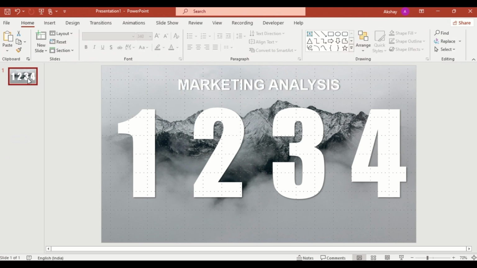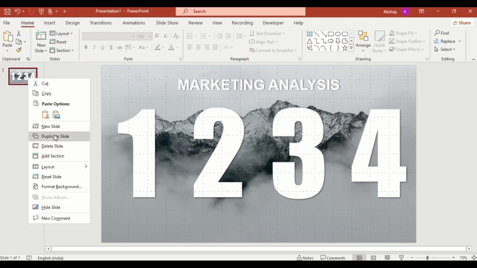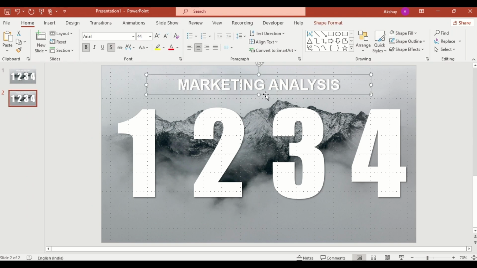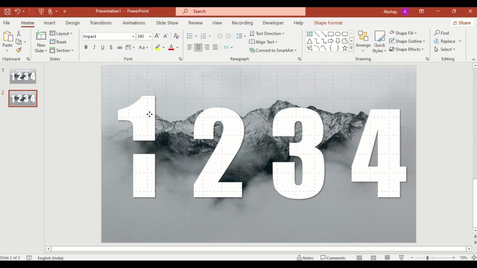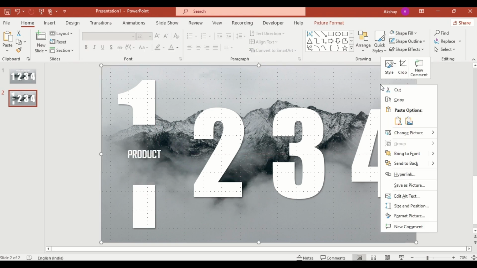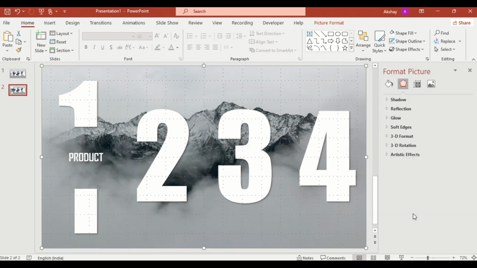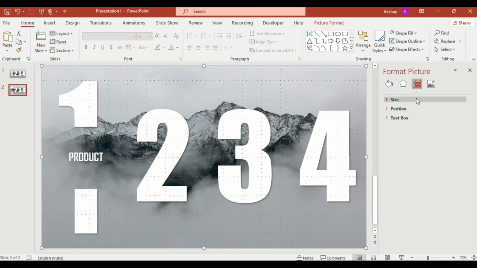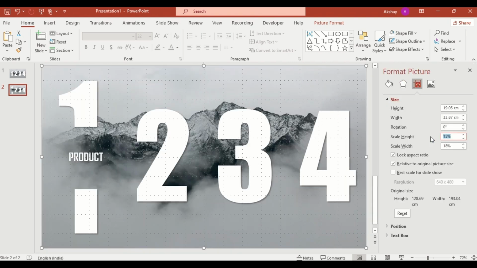Here's where the magic happens. Duplicate the slide, shift the text box to the top, and divide the number and add subtitle here. Select the picture, right click, go to Format Picture, click on Size and increase the scale height to 20%